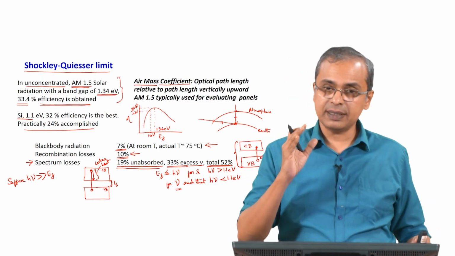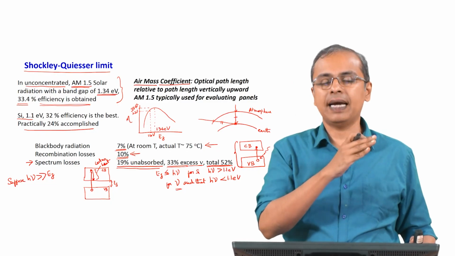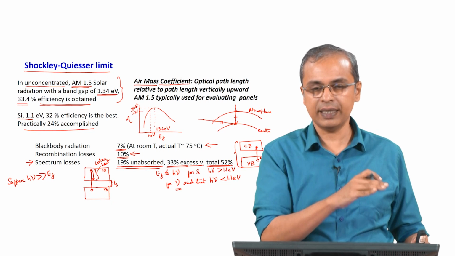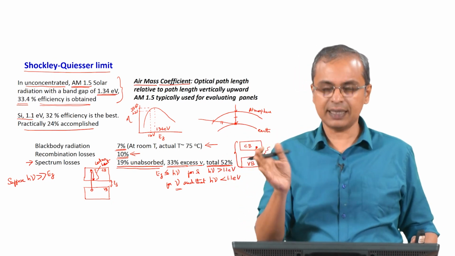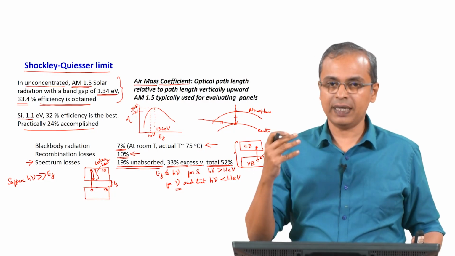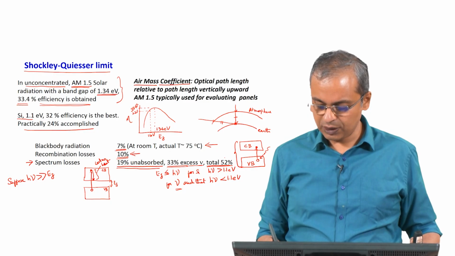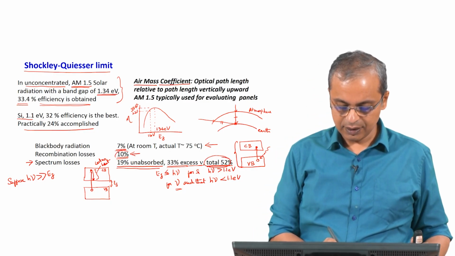So, the spectrum losses itself, just the fact that you have one band gap and it cannot absorb wavelengths of lower energy, and wavelengths of higher energy it will waste some of that energy. If you just take that into account, 52% of the incoming energy is lost. Okay. So, now you do the total: you have lost 52% due to spectrum losses, you have lost another 10%